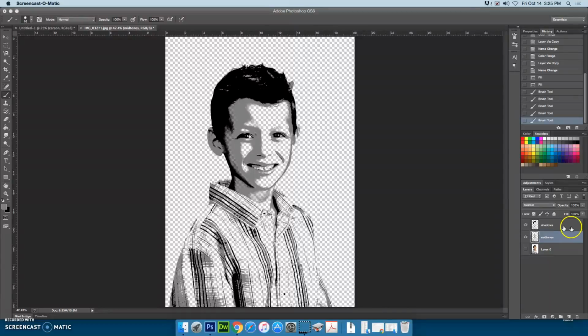Now that these two layers are done, we're going to select both of them. Remember, you hold down your Shift key so you can select more than one, and we're going to merge the shadows and the midtones together to form one. Then we're going to create a new layer, and actually two new layers. One of them we're going to fill with white,